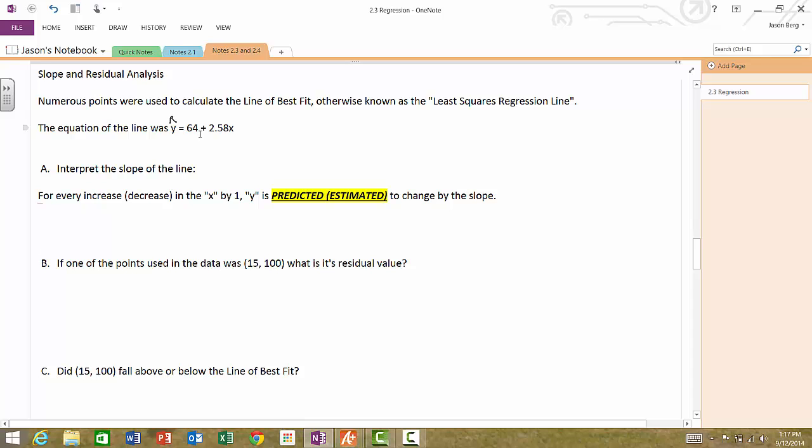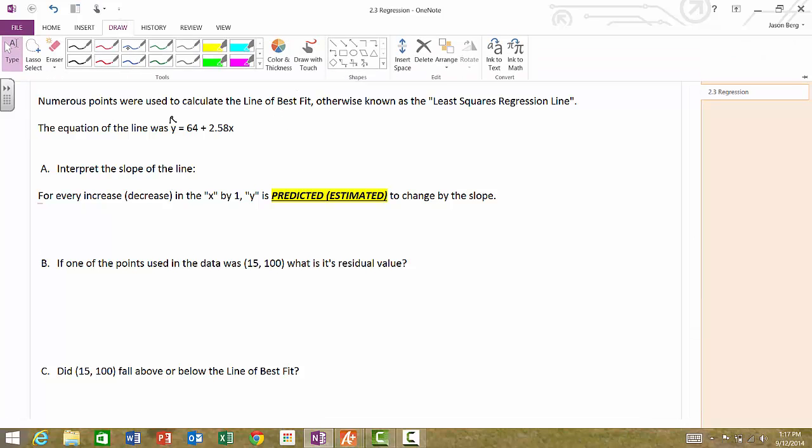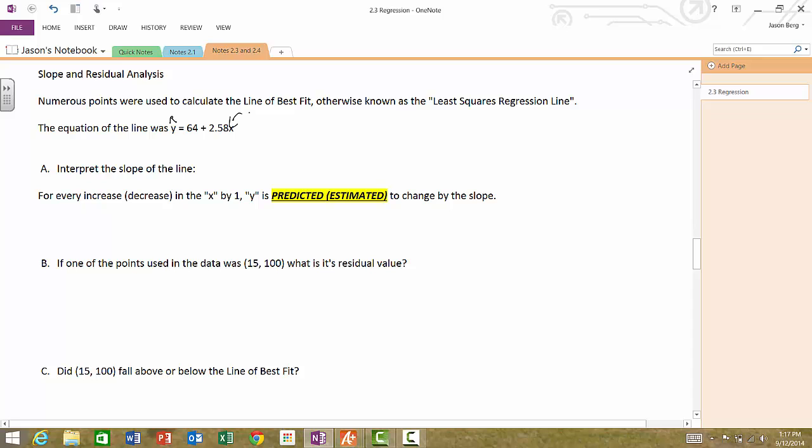Okay, let's just say this is an example of the height of a tree in centimeters. Let's say x is how old it is and y is the number of centimeters. So if we were to use that example, x is the age of the tree, and let y be the height in centimeters. So if I were to analyze the slope in this case, we would say that, okay, for every